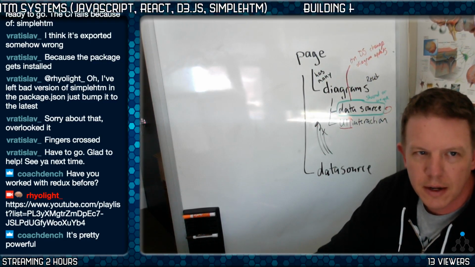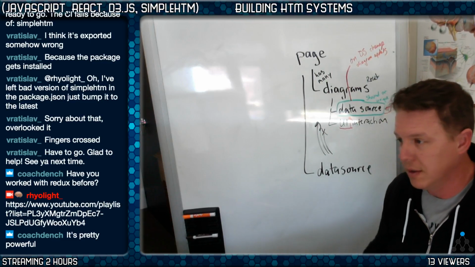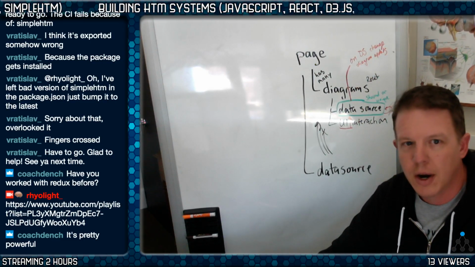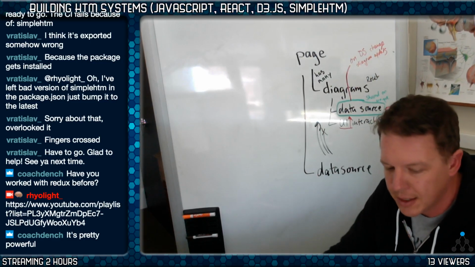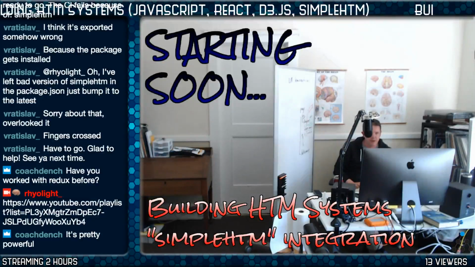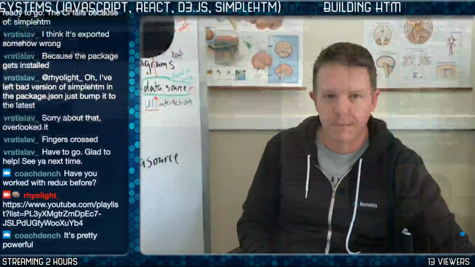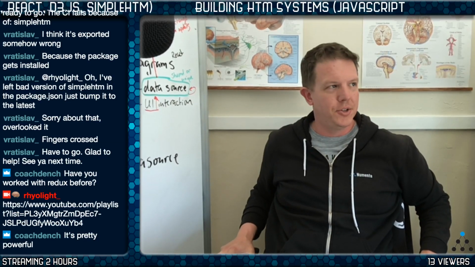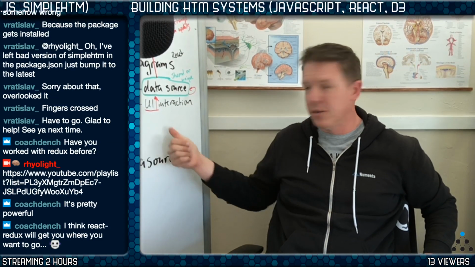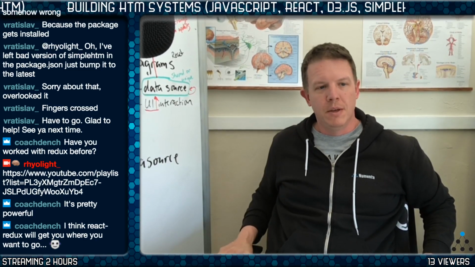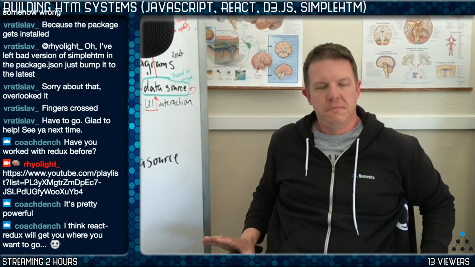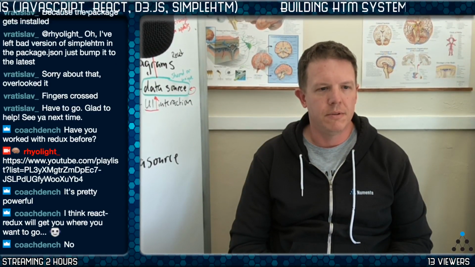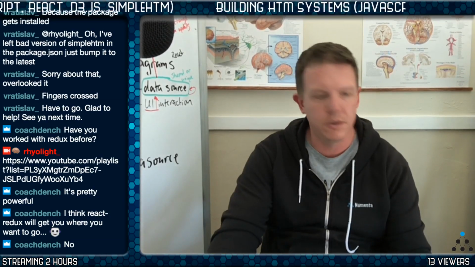That's the idea. And so I have heard that Redux is one of the ways to go about doing this, although I know there's other options. So I'm not tied to anything at this point. I'm just looking. Hey, look at that. Wrong one. I'm not tied to anything. It's pretty powerful, good. So hopefully I'm going in the right direction here. You don't see any way that this couldn't be done, I hope. It's not too far out there, I think. All right, good. Redux will get us where we want to go. So do you guys want to